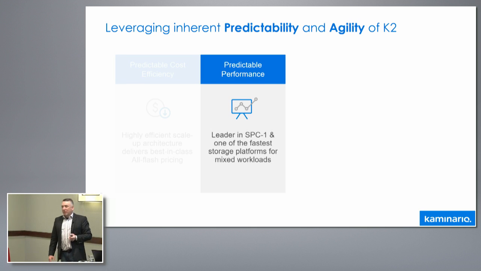Predictable performance. When you look at this, anyone familiar with SPC 1 and 2? These are Storage Performance Council benchmarks. These are the things that all storage companies were judged at, how well do you perform in these environments. We went in with one system. Again, a lot of the competitors went in with one system for one test, one for the other. We went in with the same system and we performed great in both workloads. In fact, 2 years ago, we had the number 1 place in each one of those tests with the same system, just to show you that. Now, there's others that have built these monster systems out there just to get that lead. We can show you that as well. But